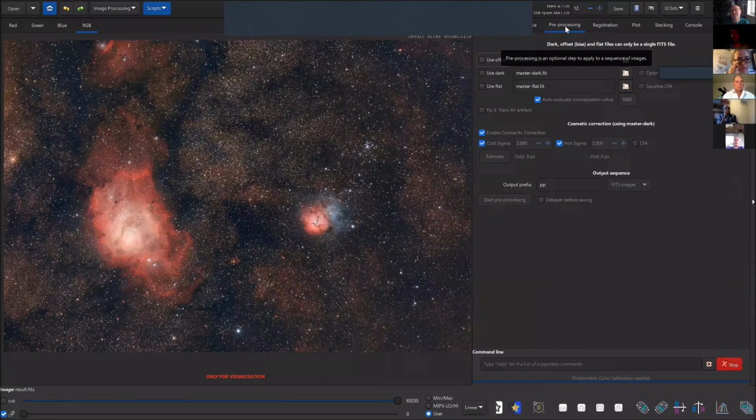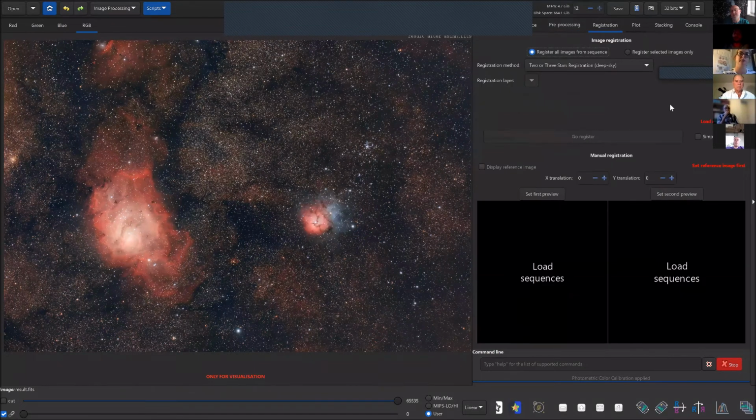And then once you're getting to know Siril better, maybe you want to come back to some of the steps that are done in the script and redo them manually. So, for example, what sometimes happens with the scripts, because it's automated processing and it may not work with all the image qualities, is that the registration doesn't find the stars in the image. In that case, you might want to